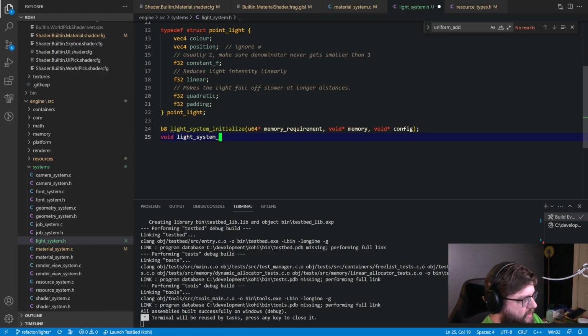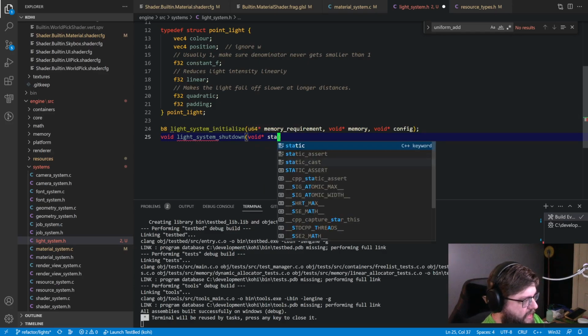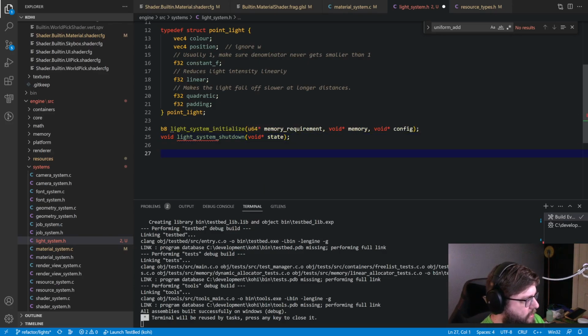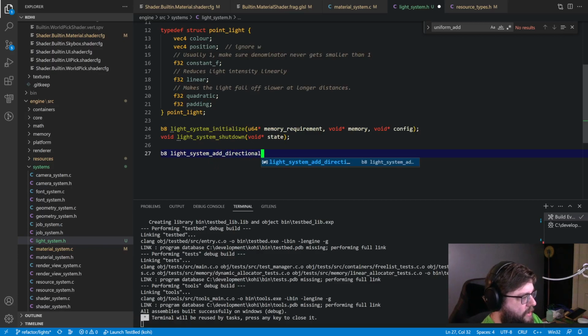So we have light_system_shutdown, which just takes a void pointer to the state. And I think the way I'm going to set this up for right now is to have it be somewhat immediate mode, kind of, where we'll do a B8 light_system_add_directional,